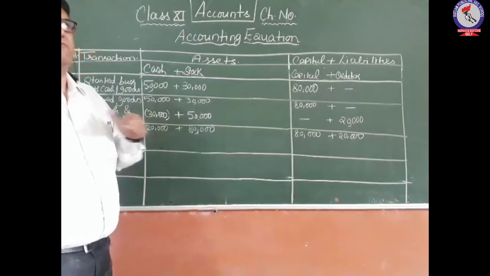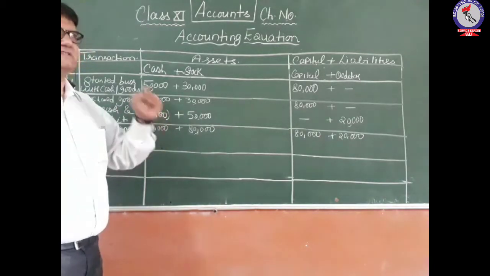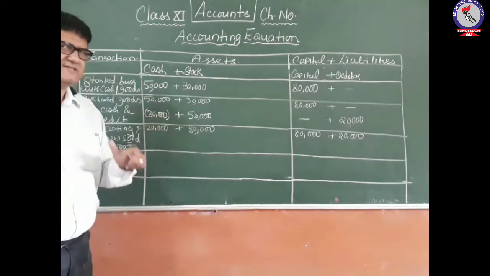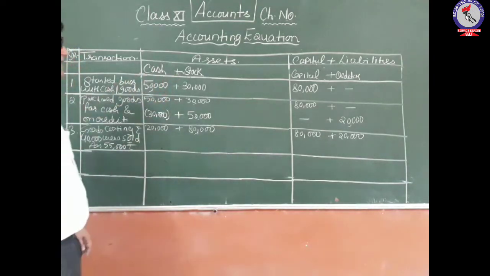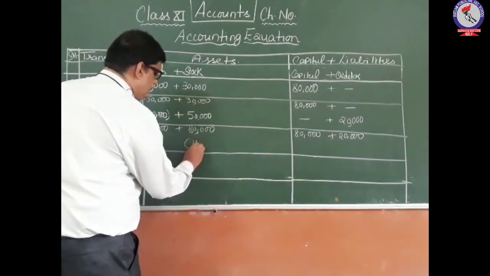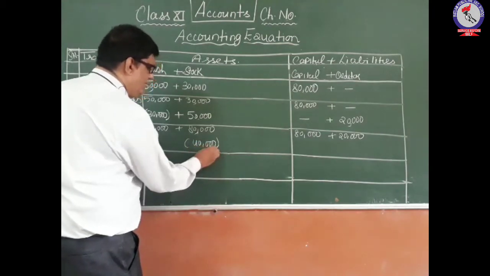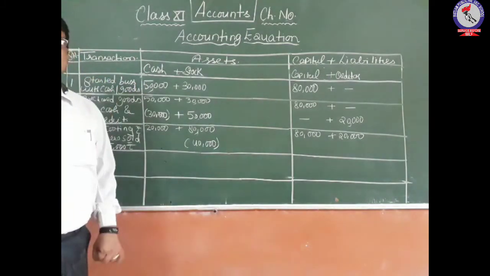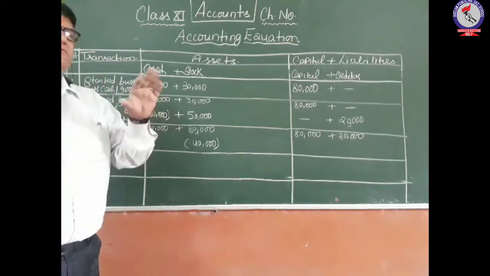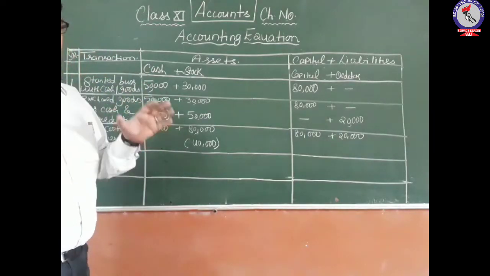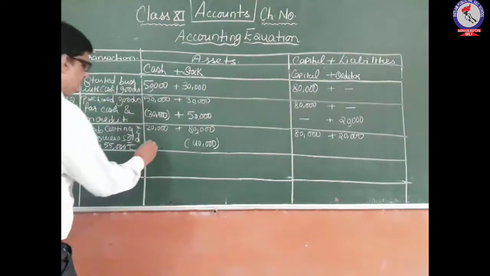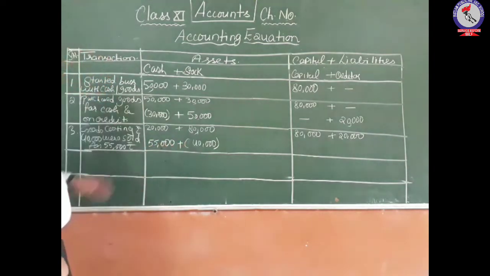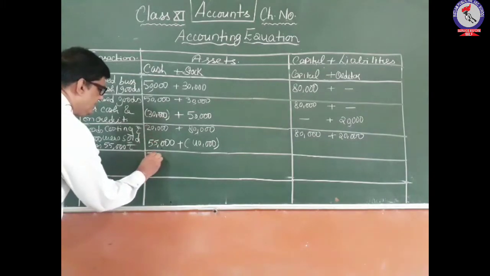So ultimately in this transaction we will sell goods of 40,000 worth, whose cost price is 40,000. So the stock we have will reduce by 40,000 rupees because it has been sold. And these goods we have sold for 55,000, at the selling price of 55,000. So 55,000 rupees we will receive in cash. Now see, 20 and 55 becomes 75.